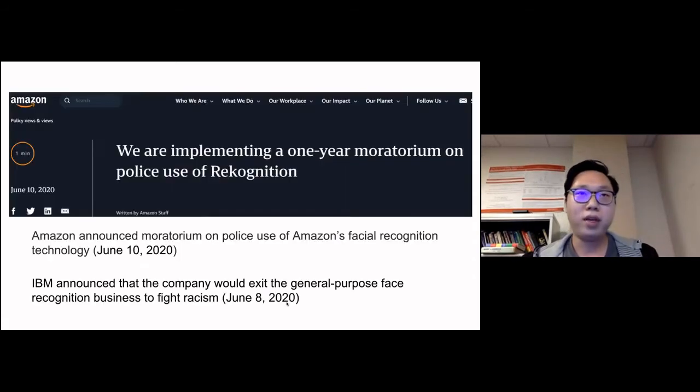So people in the industry have tried to fight against algorithmic bias brought by deep learning and AI. In response to the Black Lives Matter movement last year, large tech companies started to restrict the use of AI that might contain bias against minorities. To list a few examples, in June last year, IBM announced that the company would exit the general purpose face recognition business. And Amazon announced that all police are forbidden to use their facial recognition software service.